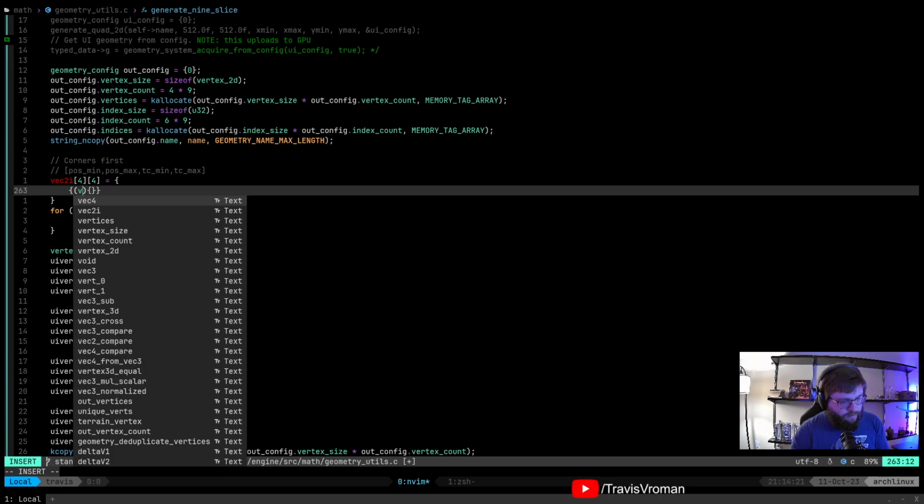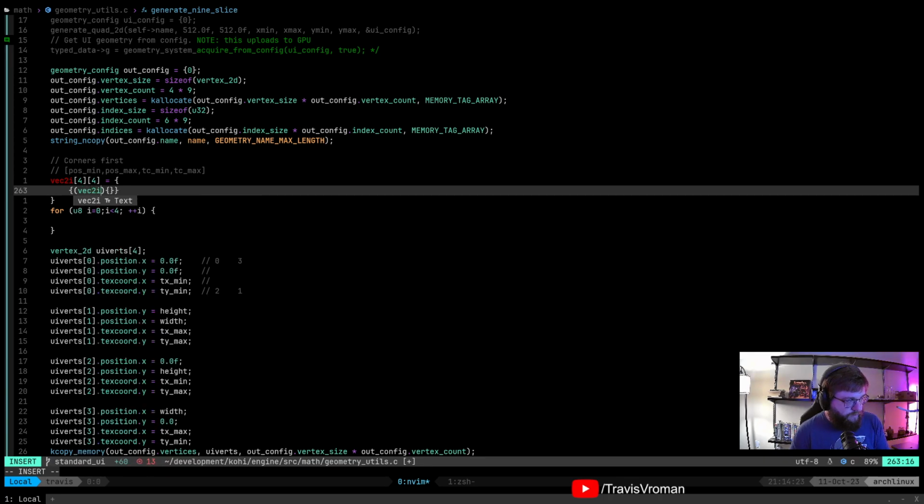vec 2i. And then we'll have, let's see, the first one is going to be position min. So that's going to be 0, 0. And then position max, we're going to do the upper left corner, right? So we'll do upper left. Is going to be